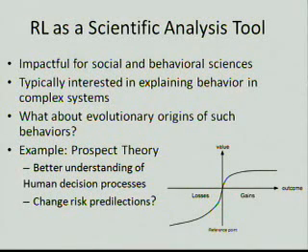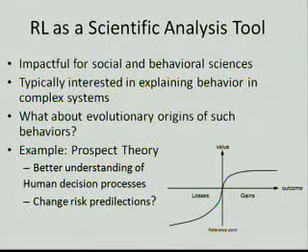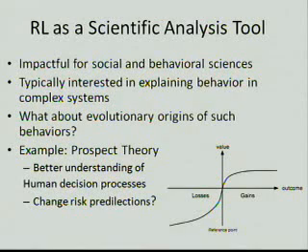For instance, the influential prospect theory explains how humans behave when faced with decisions that involve risk. It is especially important in economics. Very simply, it says that if someone is poor with respect to some measure, then she is willing to take increasing risks to get high payoffs. However, if someone is rich with respect to the same measure, then she is more likely to stick with low-risk decisions that lead to a medium payoff. But why this behavior occurs is not explained, even though an explanation would allow us to better understand human decision processes and possibly change their risk predilections.